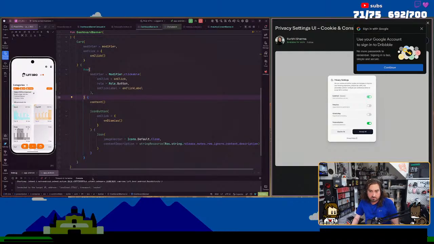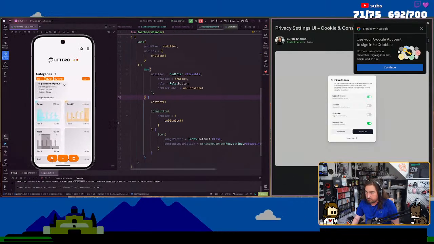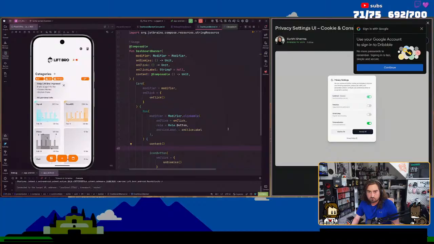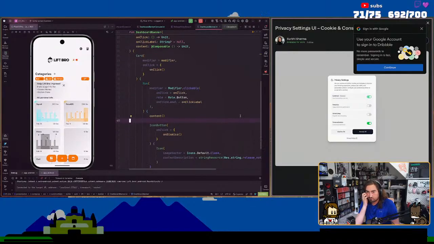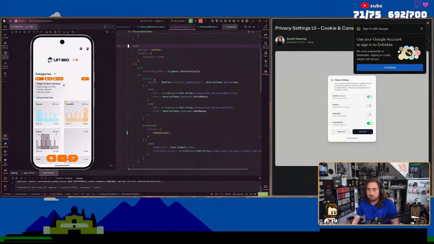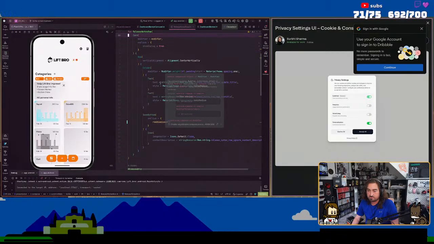Okay, so now let's clean up this actual UI. Oh, right, and then I also want to update this to be